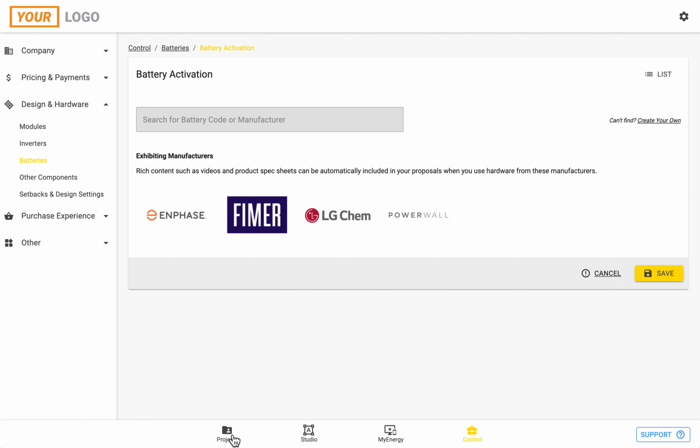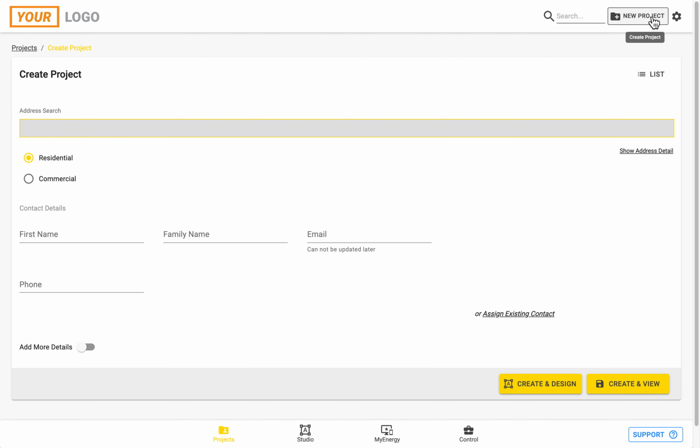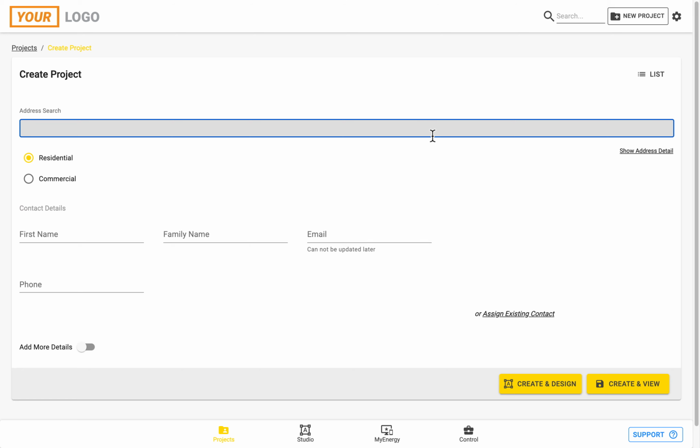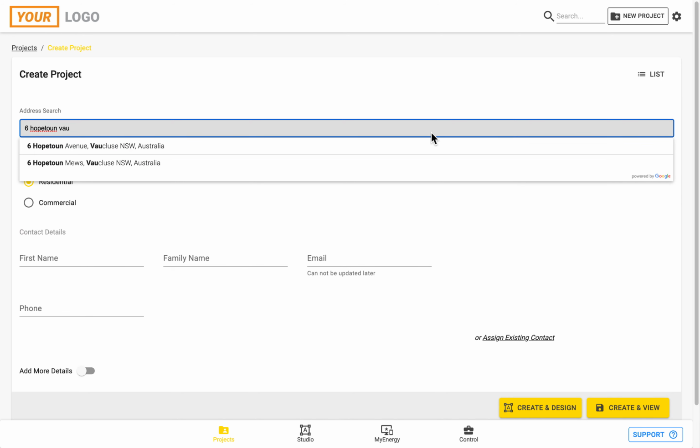Now we can come back to the project zone, where I'll show you how we can get started by making a new project. So if we come up to the top right hand corner and click on the New Project button, we can then simply go to the address and start typing in an address. Choose from the Google drop-down,